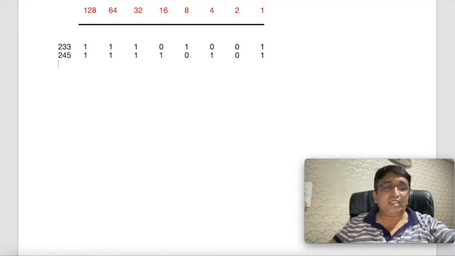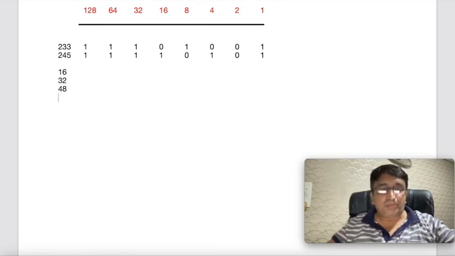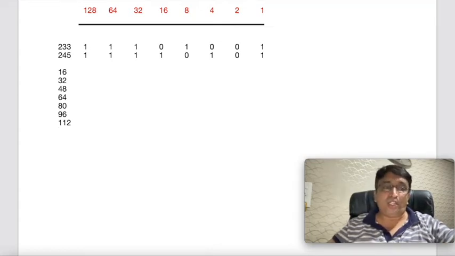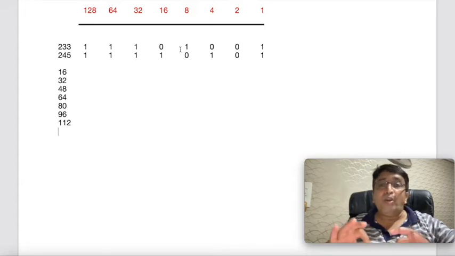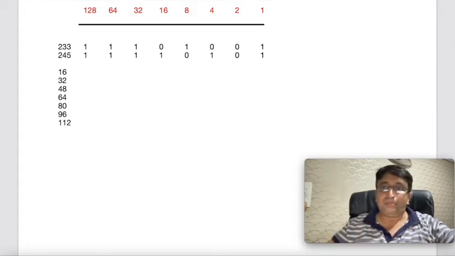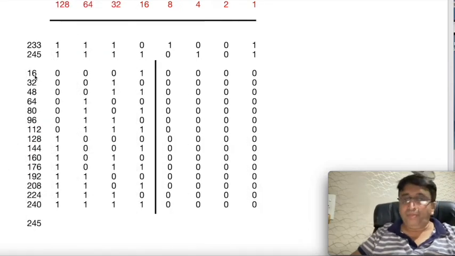The trick for that is, to find it out orally, there is a chart. There is a chart of binaries which we need to mug up. And this chart is nothing but multiples of 16. So we have 16, 32, 48, 64, 80, 96, 112, and so on. I will just prepare this chart for you, and then we'll see how this chart is going to be helpful for us to calculate the binary literally orally. So, multiples of 16, the chart is ready now.